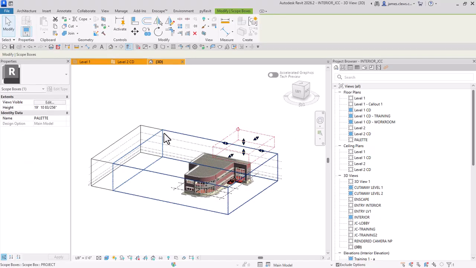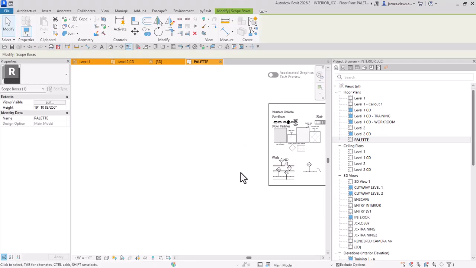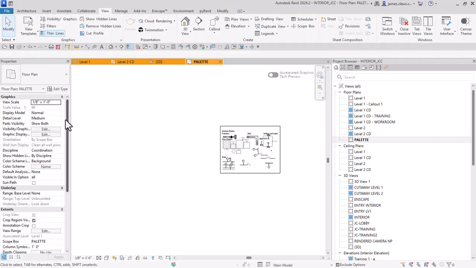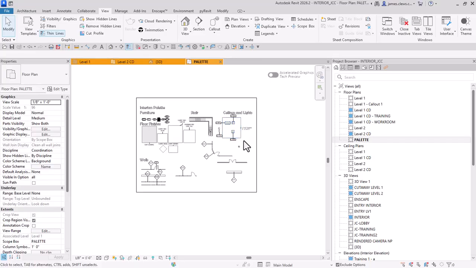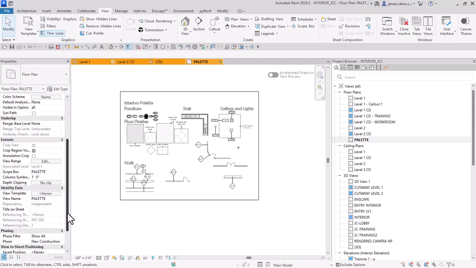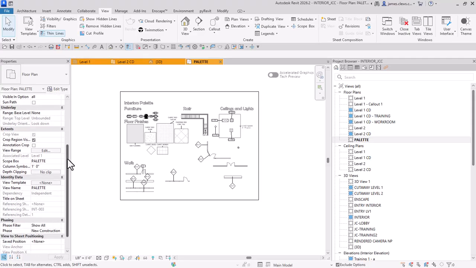So the idea is that if I'm looking at my model, if this view says that I'm not using a scope box, then here where it says scope box palette, if it says none,